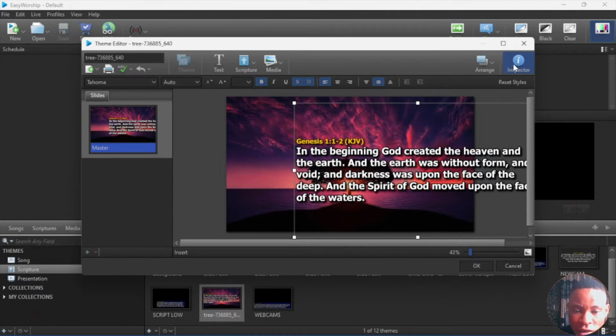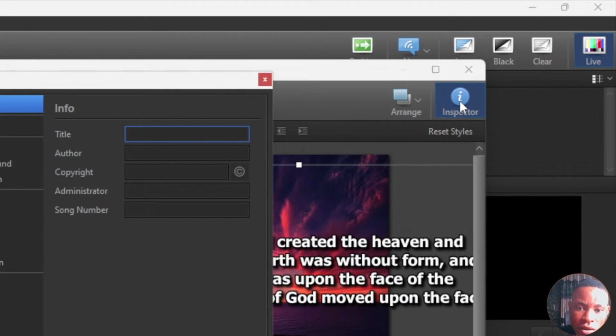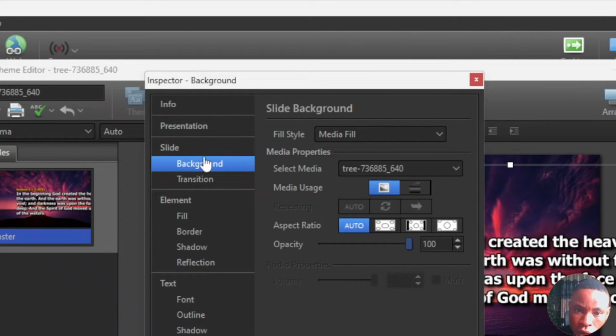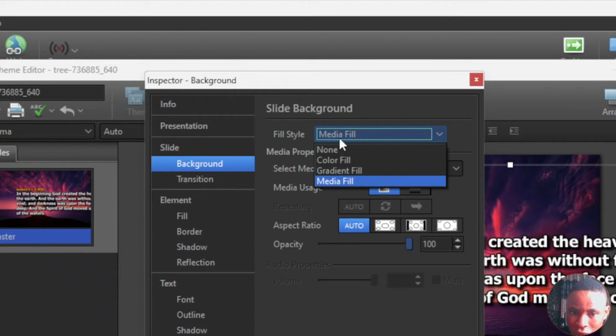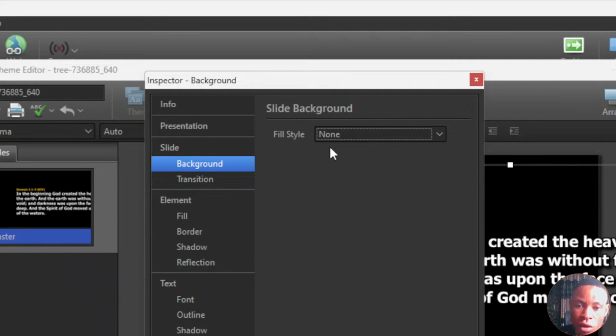Now go over to the inspector tool here. Click on that. Go over to background. On the background here, you're going to see the fill style. Click on it and then put it on none. Very important. Put it on none, and that will remove the image. Don't worry, we're going to bring it back again. Now close this window,